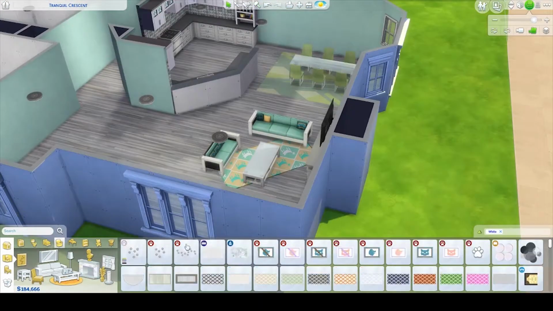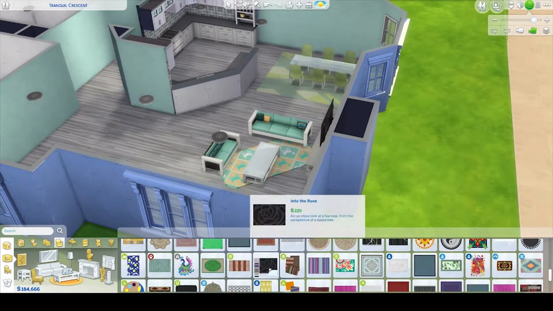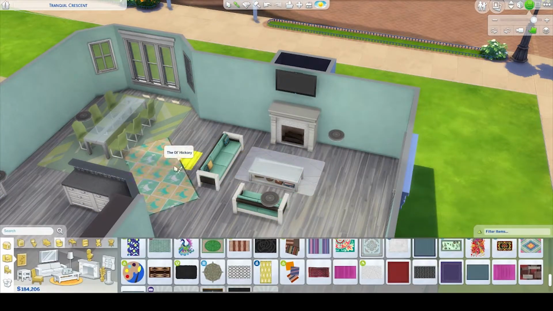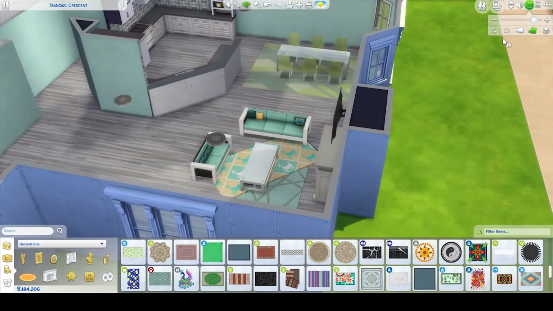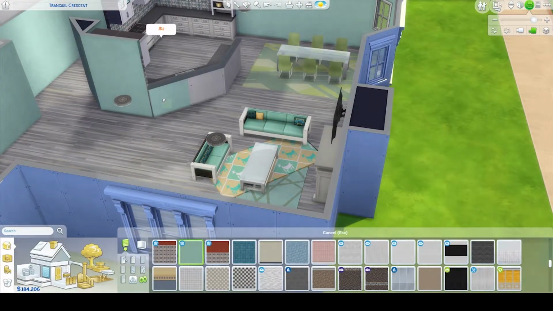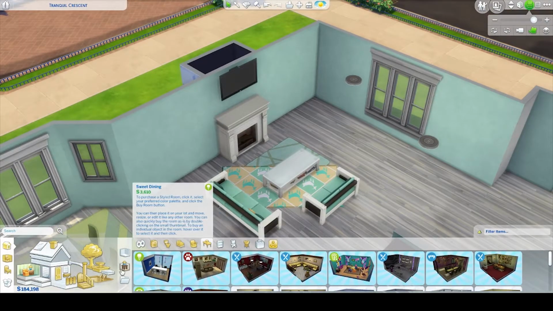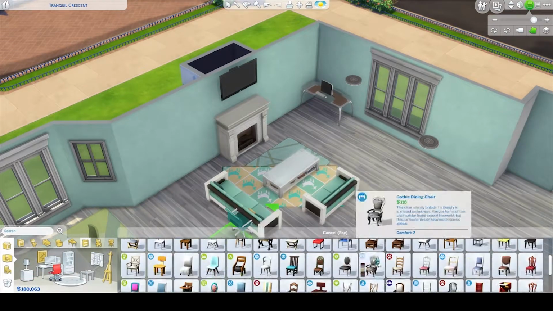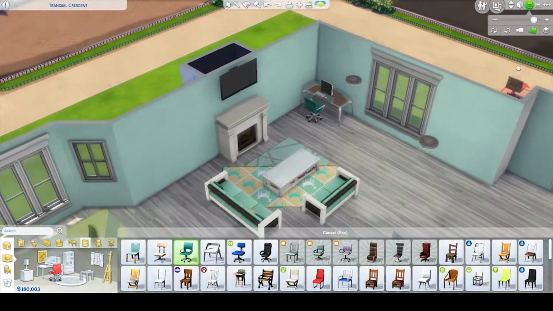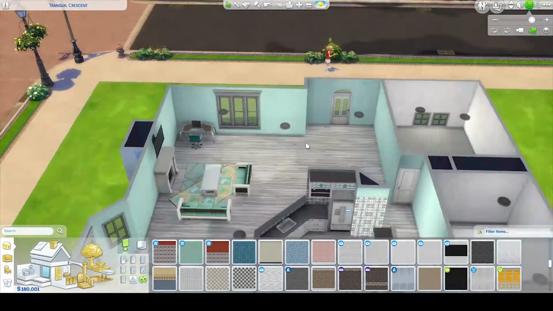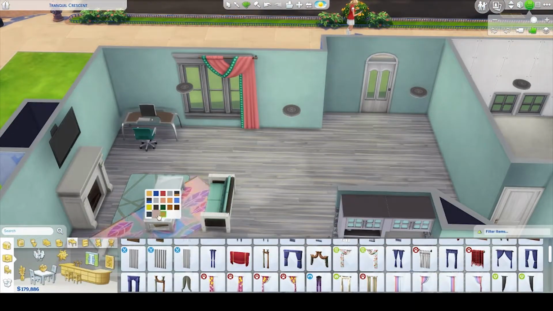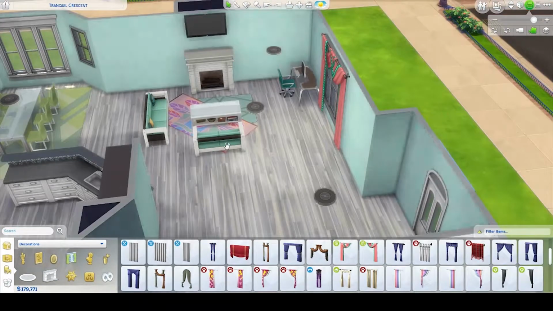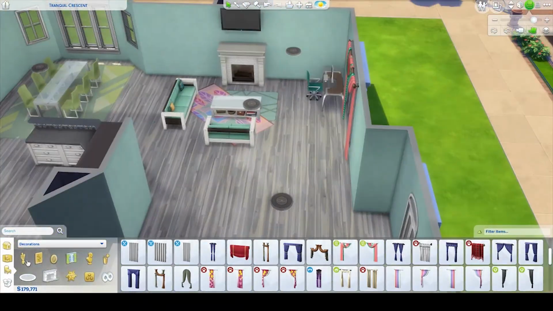But as I got to decorating the living room, that's when I decided who's going to live in this house. So as you'll see in a second, I put some curtains up, flipping through the curtains, trying to find which ones to use. I think they're out of the Parenthood pack. Like I said, they have great objects. The curtains in a teal and pink, and from there I just decorated the living room. No, it's not Parenthood. It looks like it's Movie Hangout or Backyard Hangout. I can't see the icon, it's really small, but